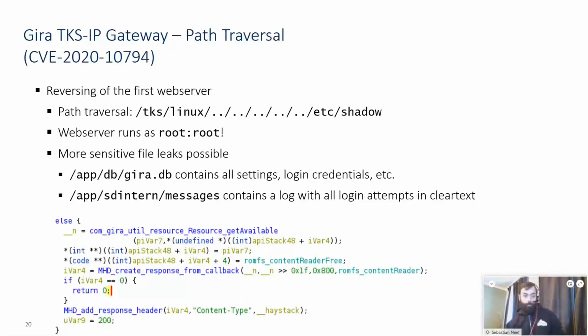The first bug was a classic path traversal issue, and that one was within the first web server. Let me explain how this whole web server thing works. There's this initial web server running on port 80, and then there's a second web server running on a different port, which is the main application web server.